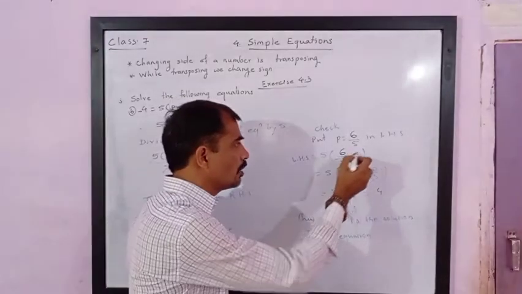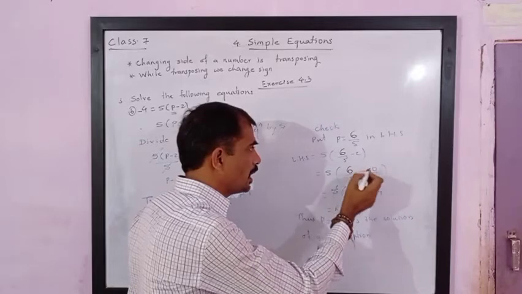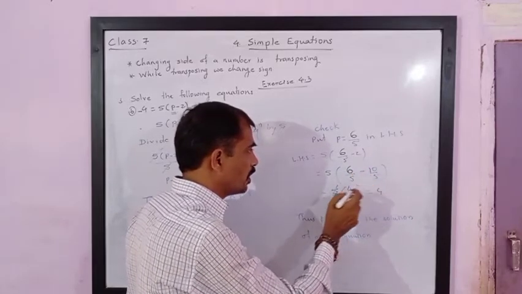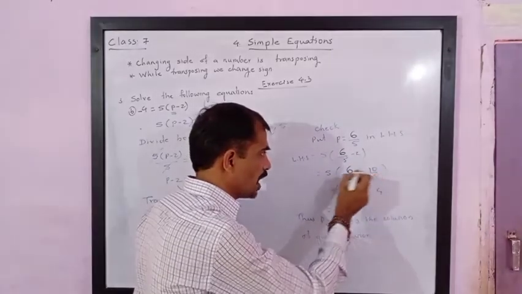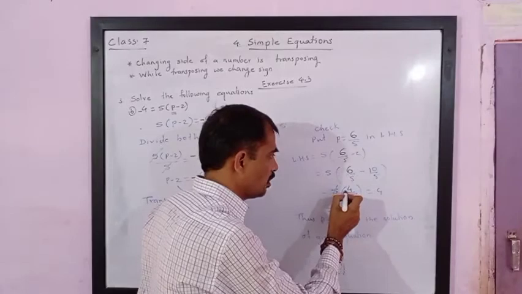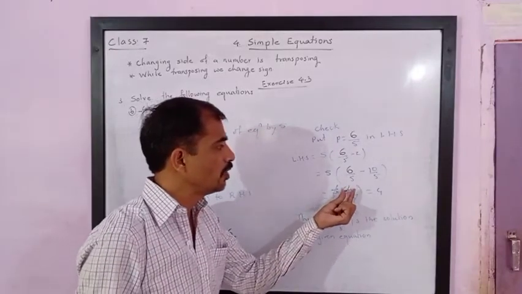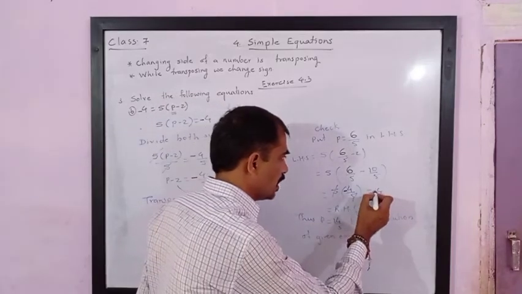Now we need to solve the bracket first, so this is equal to 6 upon 5, again make the denominator same, so you get 6 minus 10 upon 5. So this will be 6 minus 10; both are having opposite sign, so we have to do subtraction. 10 minus 6 is 4 and give the sign of the bigger magnitude integer. So here again we will get negative 4 upon 5. This 5 eliminates with this 5 and we have got answer negative 4.